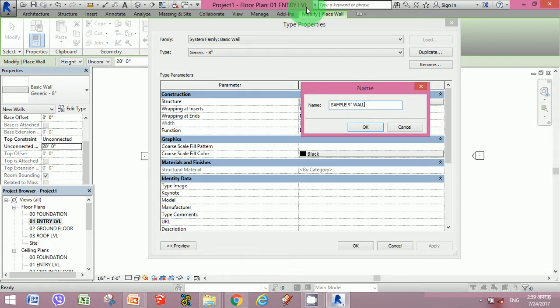So this is a sample 9-inch wall that we're going to use for our remaining design project. You could change the type properties accordingly. You could use a different type of wall for the plinth, and a different type of wall for your building elevations, according to your design requirements.